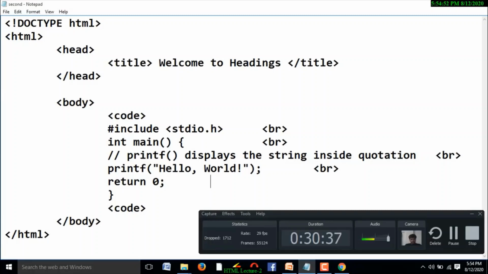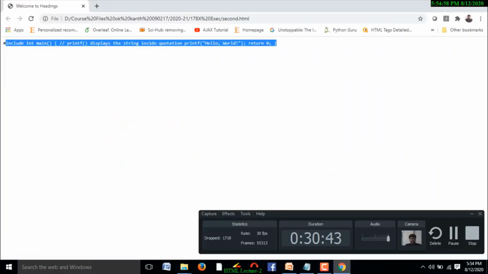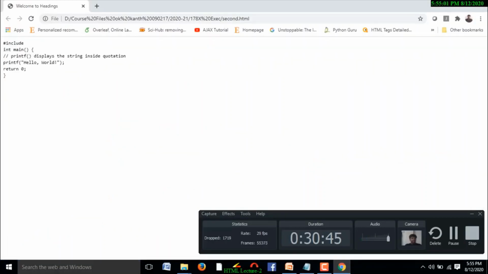Yes, BR. Save this program and execute it. See, this is appeared like a program, right? And whatever the font appearing here, that shows yes, this is like a source code. This is a source code, like that it appears.